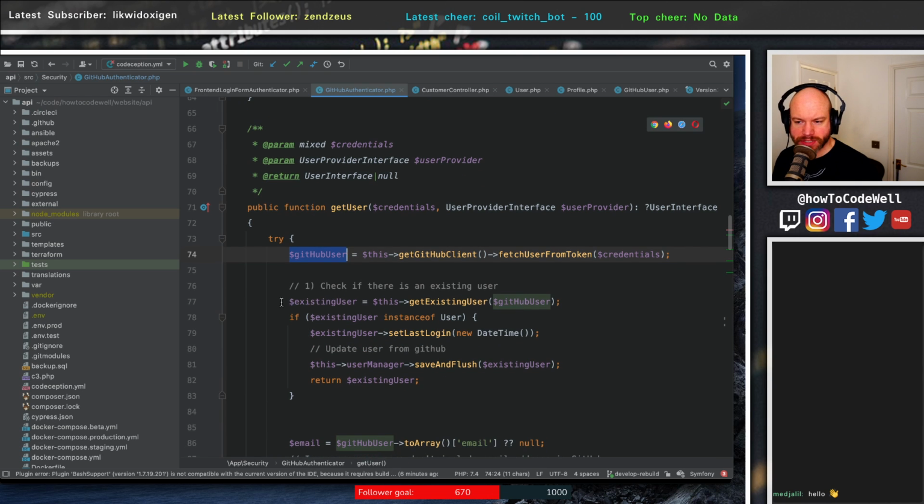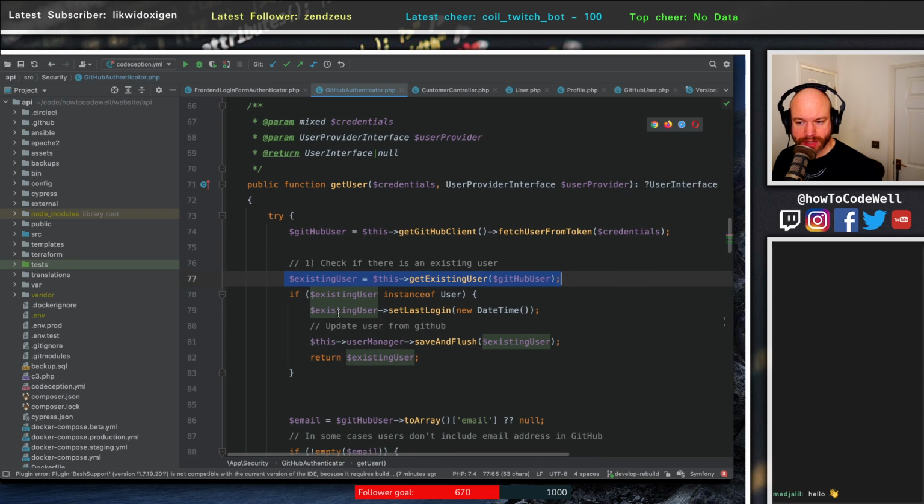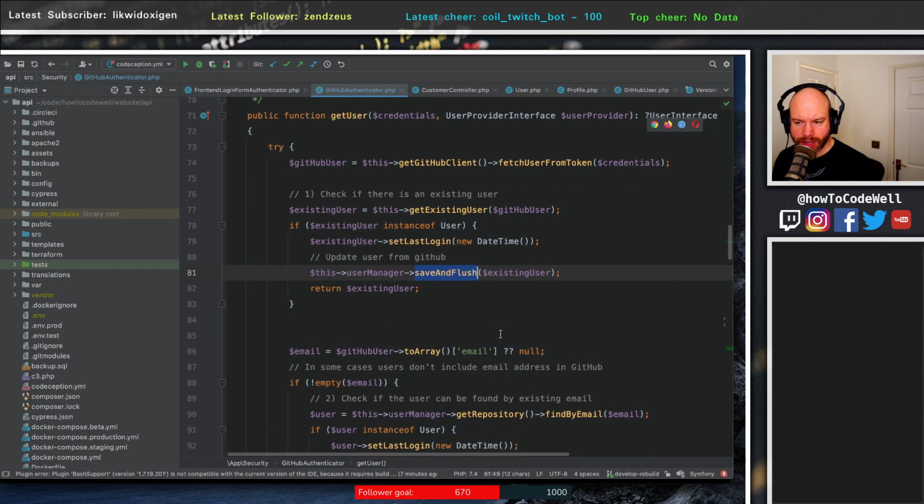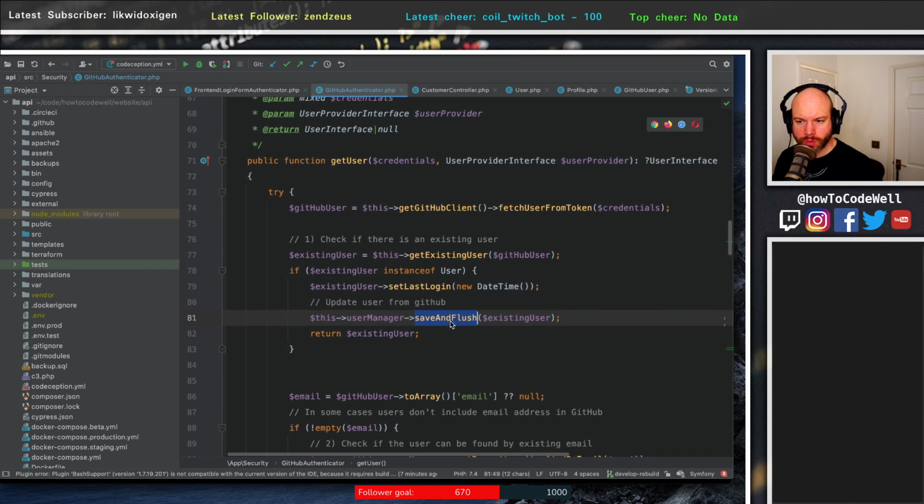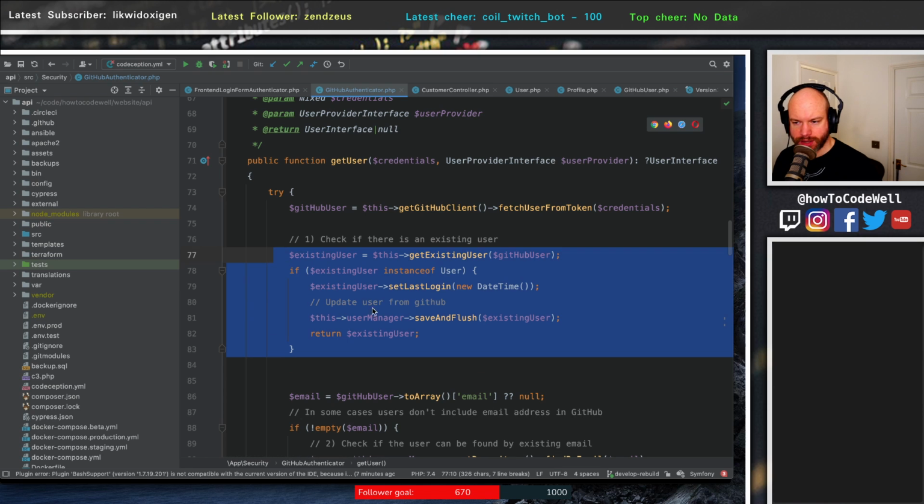Then down here it checks whether you're an existing user, and if you are, it gets the existing user, sets the last login, and then saves and flushes. And then if you aren't an existing user,